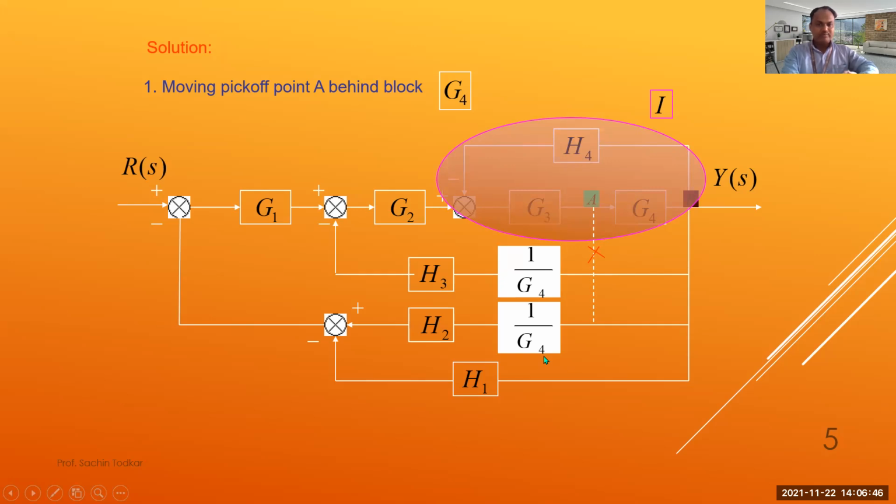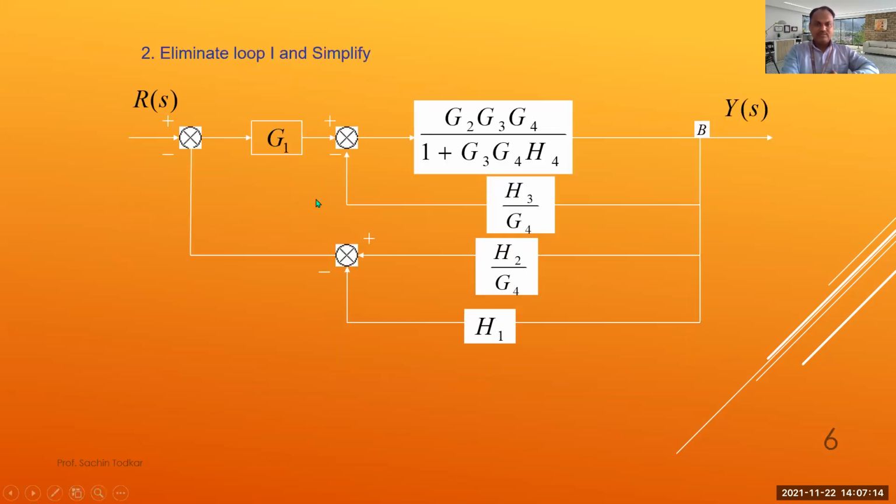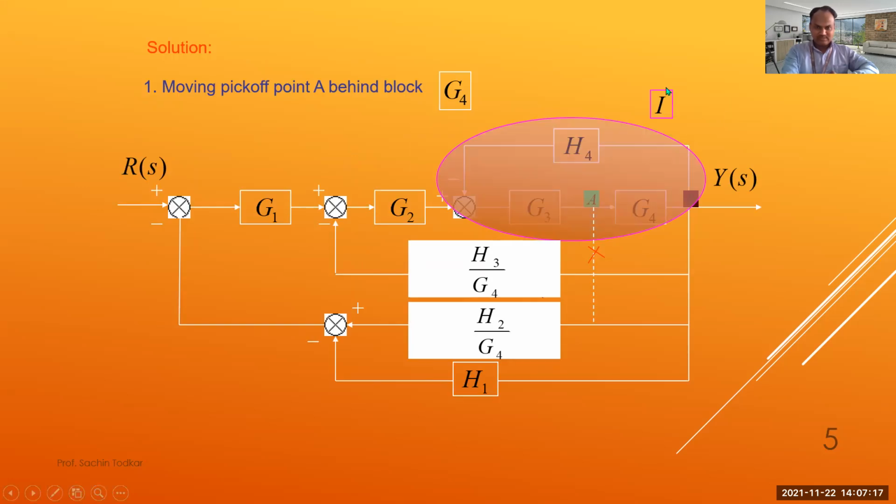If I multiply by 1 divided by G4, it means it is divided by G4. Then this is the simplified function in which there will be G3 multiplied by G4, and H4 will be evaluated as a feedback function. Then we go to the next step. These two steps are simple and understandable. We can see here H3 divided by G4, H2 divided by G4. And after simplification, this is G3, G4 and this is the feedback loop.